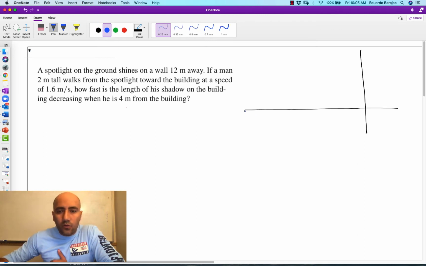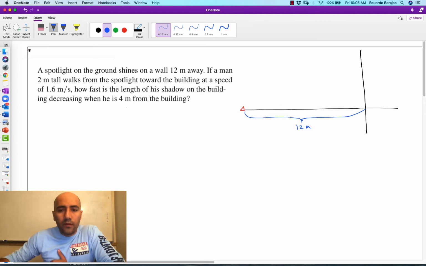Okay, so let's say that the spotlight is on the ground. It's right here. Let's make it in red. Here's this tiny little spotlight shining this way. And it is 12 meters away, so that sounds like a fixed value. So this is 12 meters